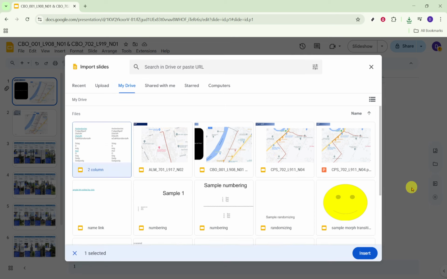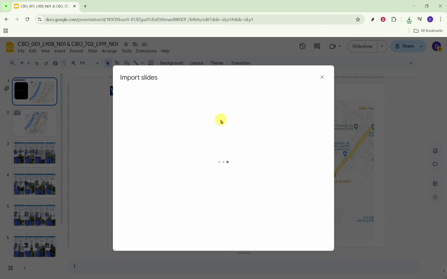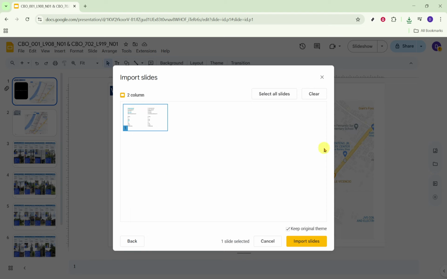You'll now see a grid of slide thumbnails from the source file. Click the slides you want to import to highlight them. You can select multiple slides by clicking each one, use Shift-click to select a range, or choose Select All if you need every slide. Take a moment to confirm that the thumbnails look right, especially if the original file used custom